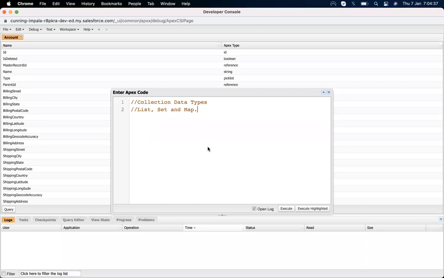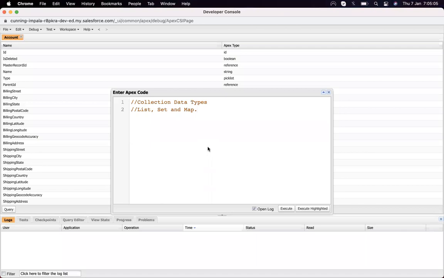Set is similar to list, but it has two extra properties. Whenever we add a value into the set, it is added in an ordered manner. And in the list we can add two similar values, no issue with that.